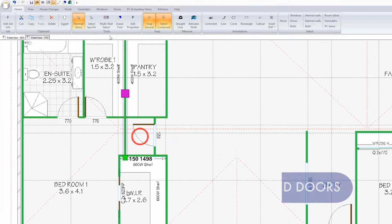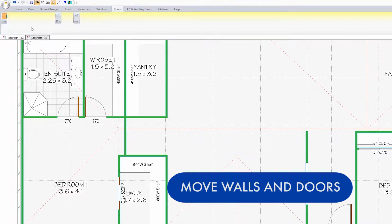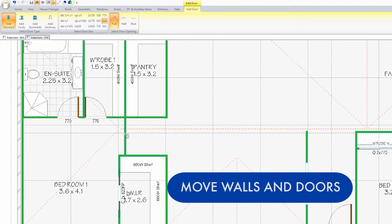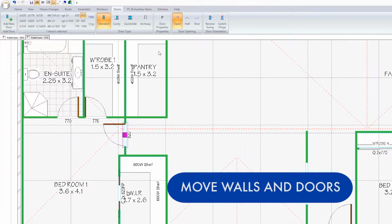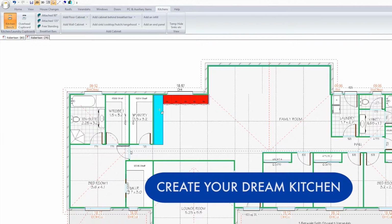With Paal's standard designs, moving walls within the home is easy, as there are no internal load-bearing walls. It's a very simple process to relocate walls and doors and add shelving to create that storage you've always dreamed of. Paal manufactures all the kitchen and laundry cabinetry for their kit homes, so customization through redesign is easy and